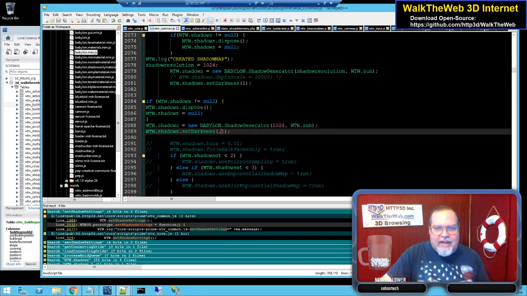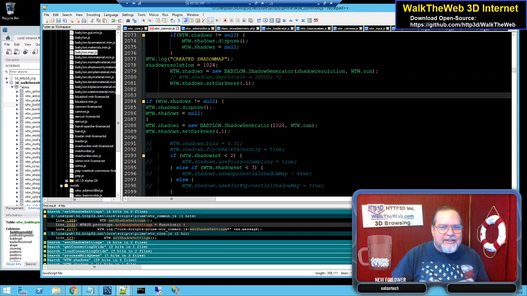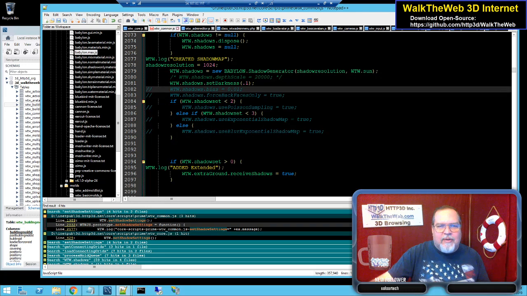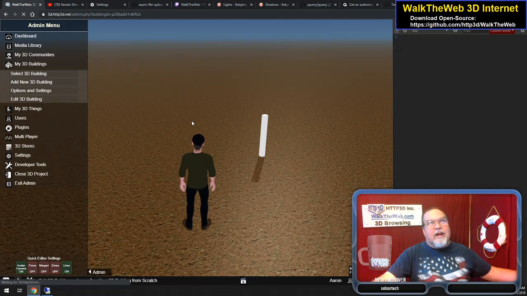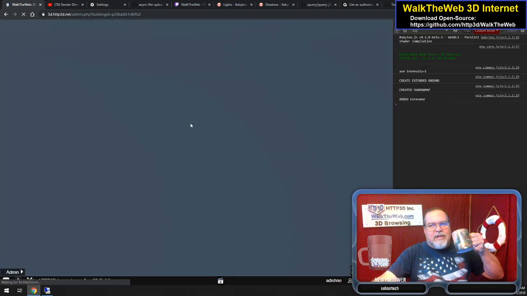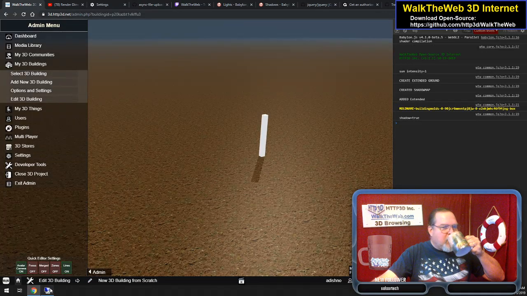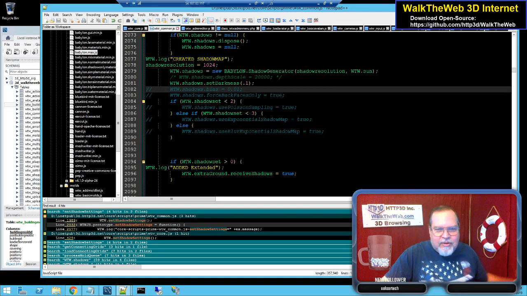And now that we know that, we can set this to 0.1. Gosh, I can't believe I had to do all that just to test it. And there we go. We now know. Don't set that to 1. I really would have thought 1 was solid and I was going to get a really solid black shadow. I really thought that was going to happen. Now that we know that,